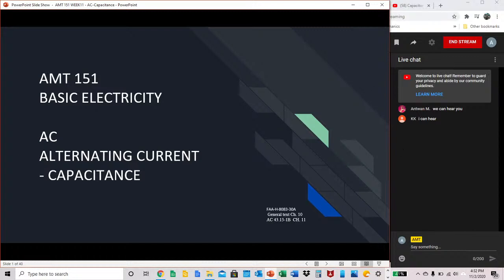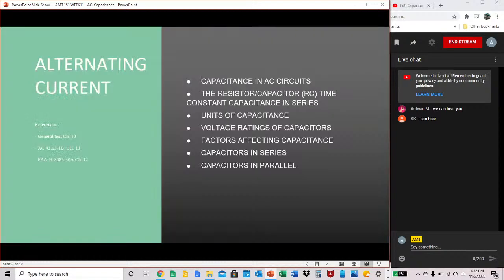We're going to talk about alternating current capacitance today. We're going to start getting into capacitance, and then after today, it's going to be really heavy on equations, and we're going to start talking about inductive reactance and inductive capacitance and a lot of different things that have to do with AC. So for today, we're going to talk about capacitance in AC circuits, the resistor, capacitor, or RC time constant,